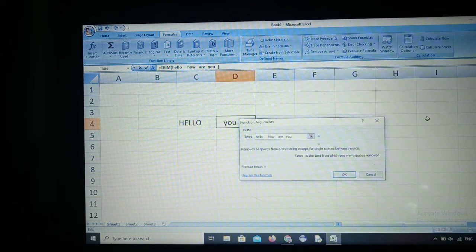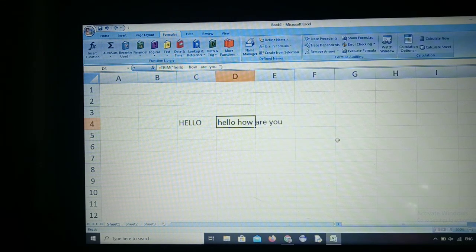Now click OK. See, between each and every word it will accept only one space. If you give more spaces, it will trim them into one space. That means it removes unnecessary extra spaces between the words.